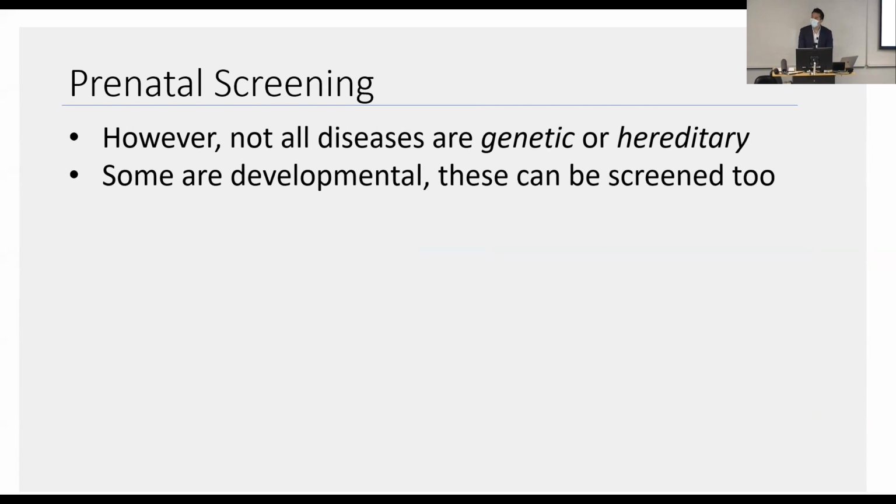You don't get some diseases until after you're born. But also, yeah, I suppose that if they're developmental, they can be screened as well through other ways, not through genetic markers. I mean, one thing is just looking at morphological features. Suppose you're doing an ultrasound and you see that the baby has one more leg. I mean, there you go, you've screened.